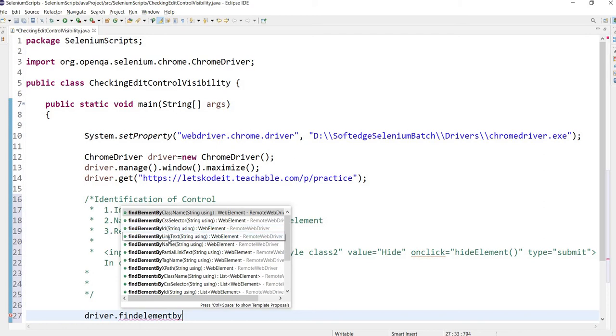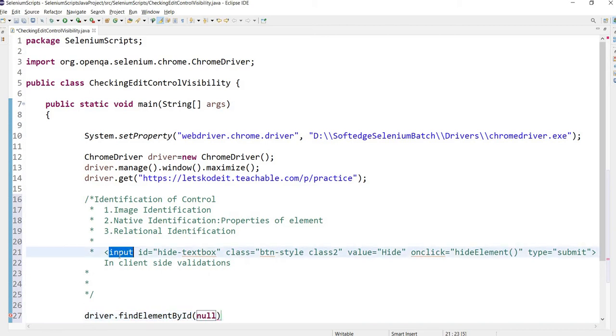Find element by link text is for hyperlinks. Actually, we will talk about it afterwards. Find element by name is used to find the element using its name attribute. This partial link text is again for hyperlinks. Find element by tag name. This tag name is for using tag names for finding the elements. Tag name means this is what is called the tag name. So if it is uniquely set for the control you want to identify, you will use find element by tag name.